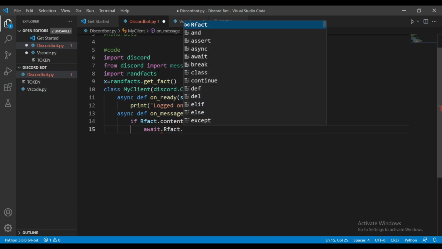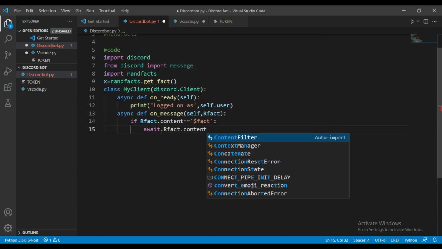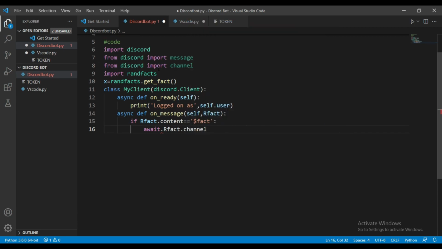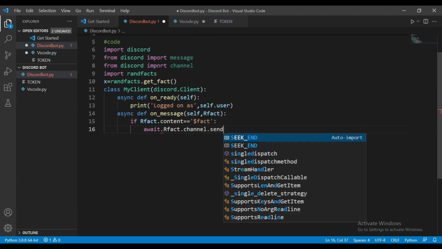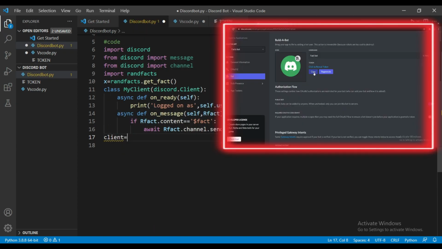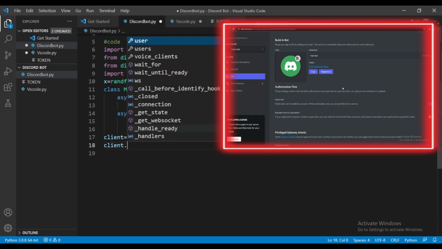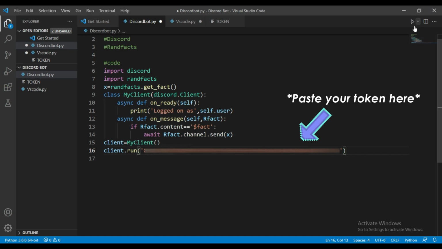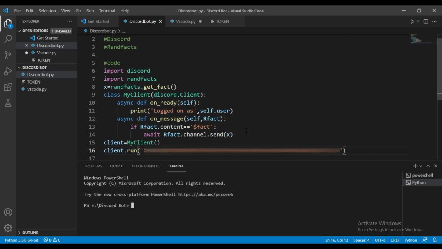Normally if you are using any Discord bots, there are some pre-programmed commands. By using those pre-programmed commands, you can easily interact with the bots in your server. I actually forgot one thing: you have to copy the bot token that is present on the Discord website. I already told you before, this token is a unique one. By using this token, the program recognizes your bot. You must have this token to access your bot. So that's all about the code, and let's run this program and see how the bot actually works in our Discord application.